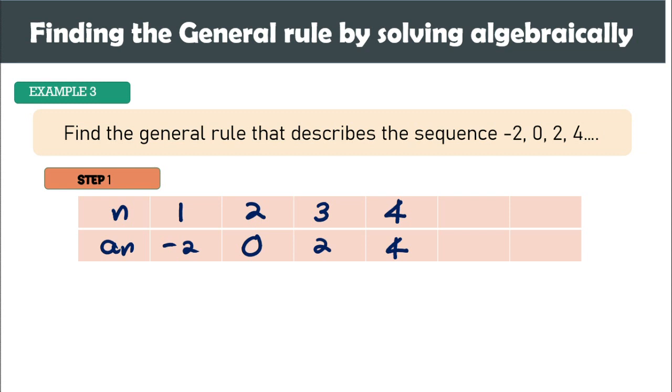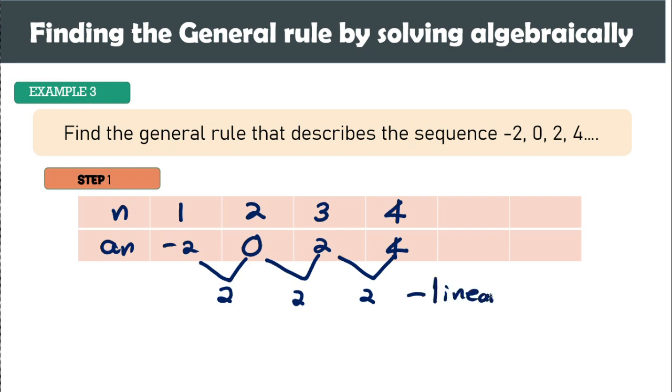So we're going to subtract 0 minus negative 2. That will give us 2. 2 minus 0 is 2 also. And 4 minus 2 is 2. By looking at the difference, we get the first difference of the sequence, that is 2, meaning to say this